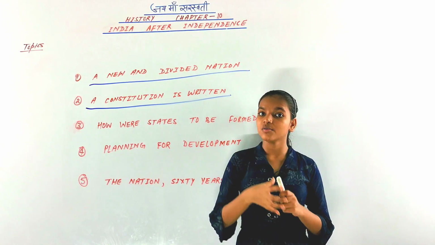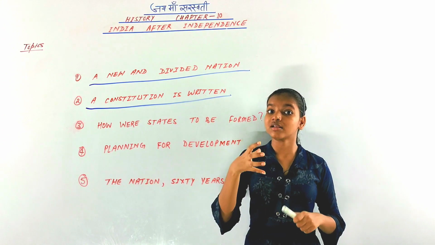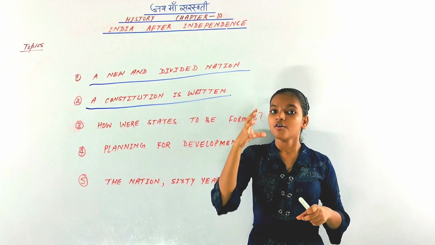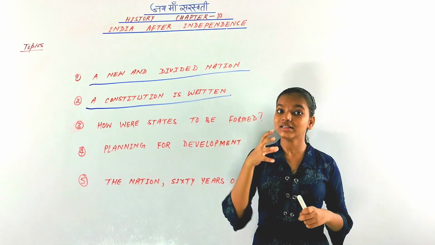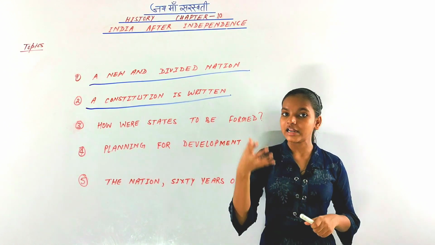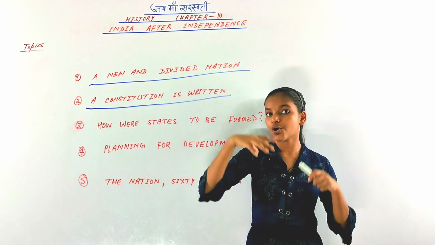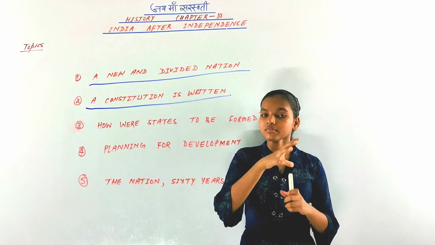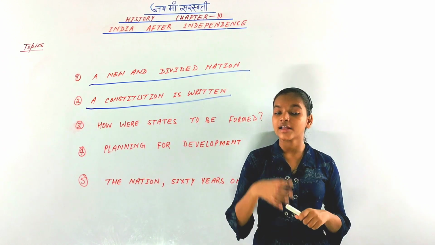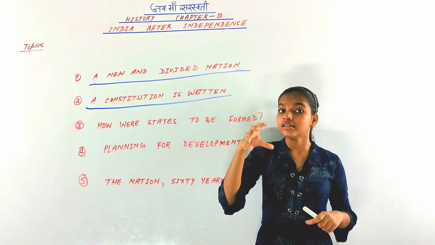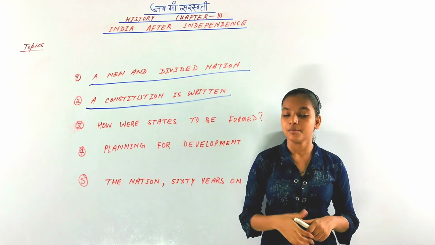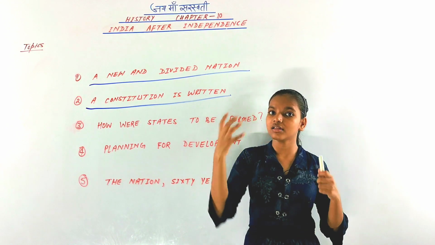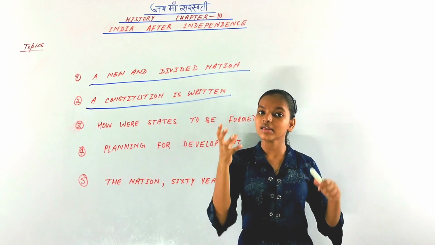And another major problem during that time was language. What would be the language of India? What would be the major mother tongue of India? Many people suggested that the Britishers had gone from India, so we had to deny English and accept Hindi as our mother language. But non-Hindi speakers opposed this, because they did not speak Hindi. Then how could they accept this?